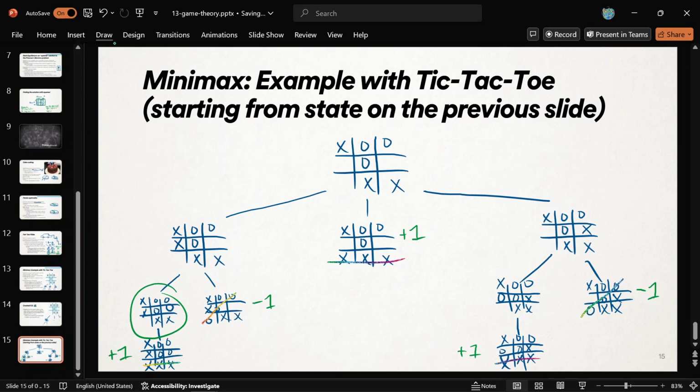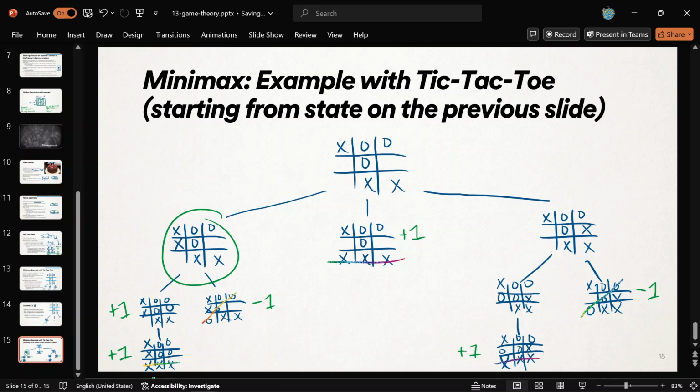And then you look up the hierarchy. Okay, so the secret is, what number do you assign to this? Okay, what number do you assign to this one? Well, again, it's X's turn for this game, right? It's O's turn here, and now it's X's turn again. So we're playing this simulation right here from the perspective of X, and so we want to maximize our chances of winning. So over all the possibilities, if it's X's turn, we want to maximize our chances of winning, so we're going to take the biggest number. And it looks like it's going to be positive 1. That's the only number as well. Okay, so the number associated with this is positive 1, it's still a winning possibility for us. So we're going to assign that positive 1, and then we work our way up again.